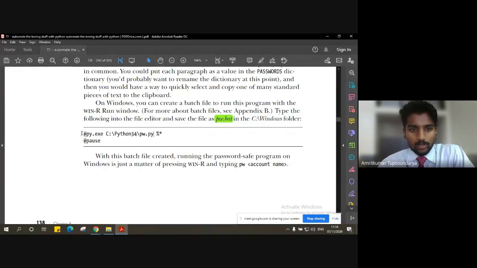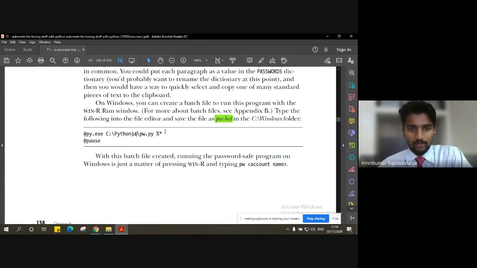Now, what are these other instructions, right? We have to understand these other instructions also. So this py.exe is the instruction to make the system understand that we want the Python application to execute, right? We want to execute the Python application stored at so and so location with so and so file name, right?